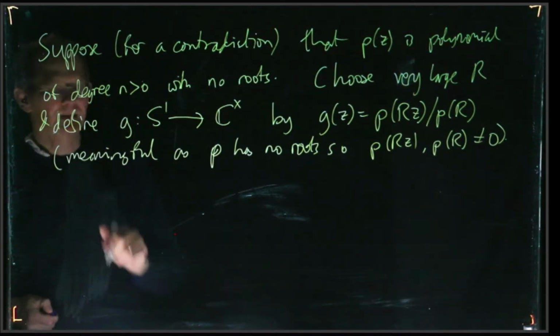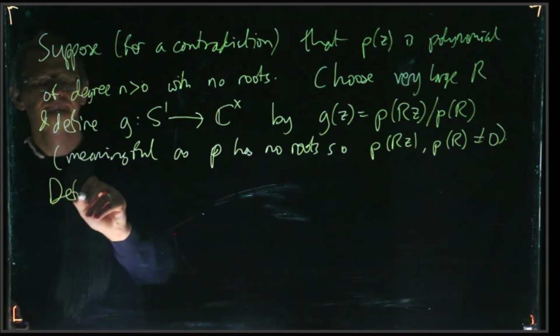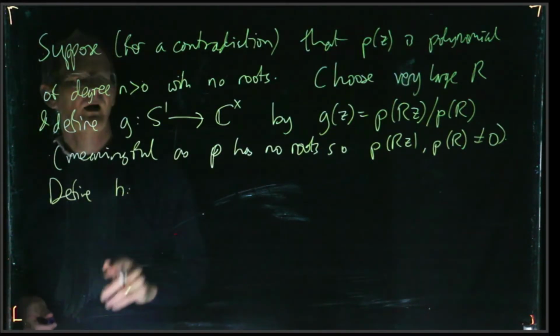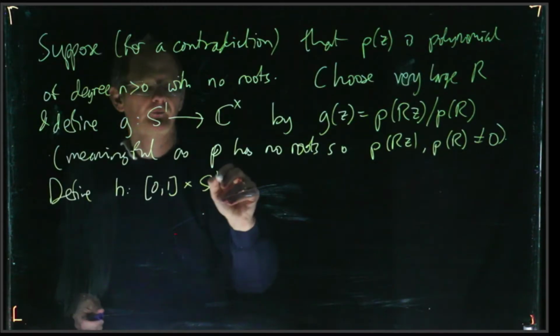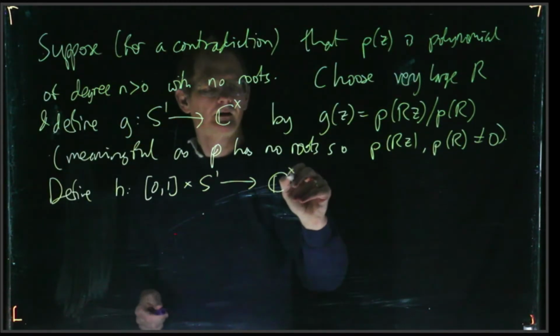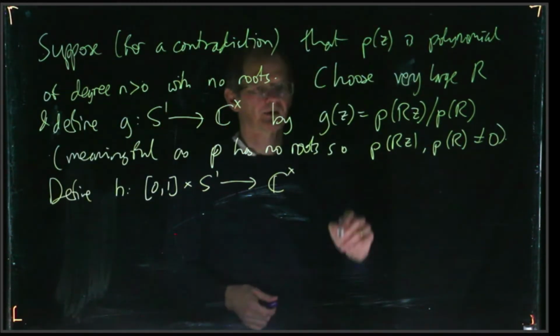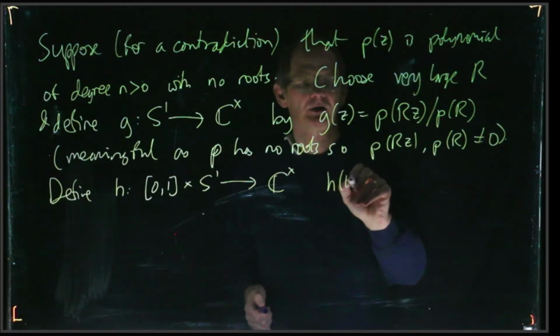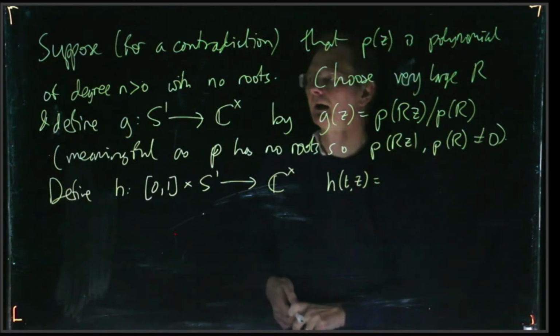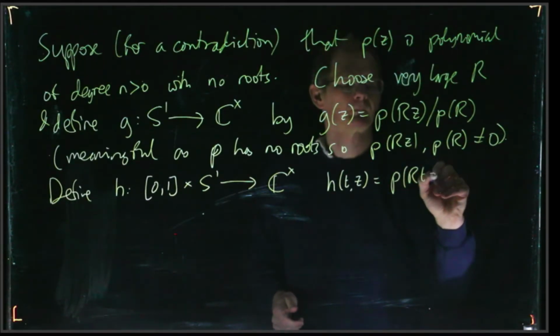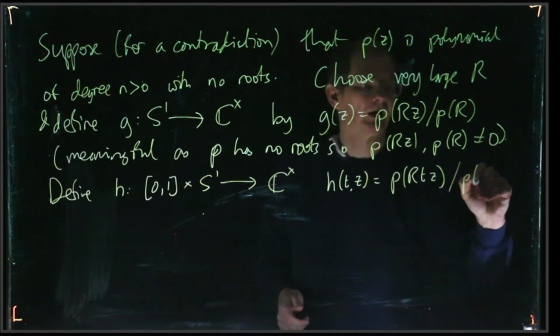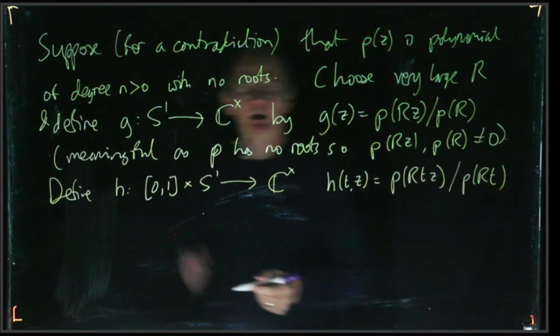Okay, so that's a map, and then we can also define H from [0,1] cross S^1 to non-zero complex numbers, just by H of t comma z is the same sort of thing, P of Rtz over P of Rt, which is also